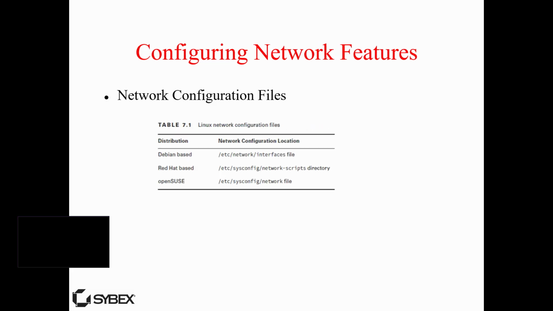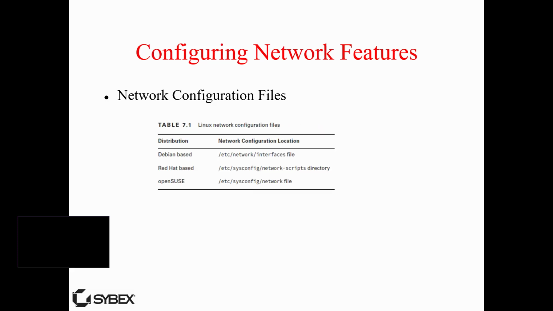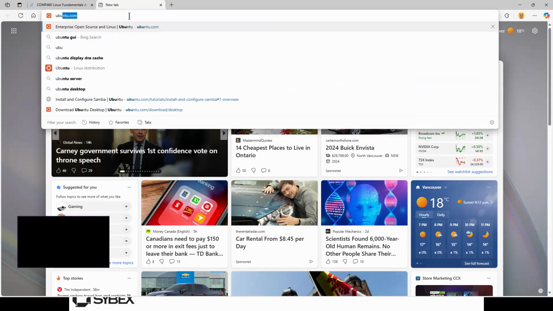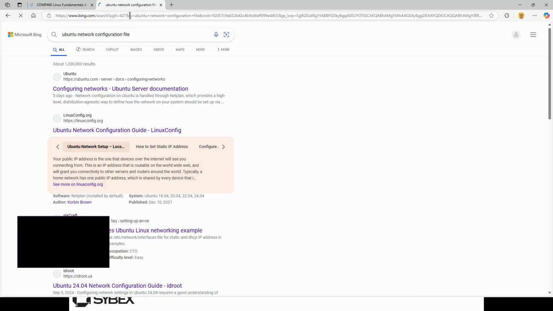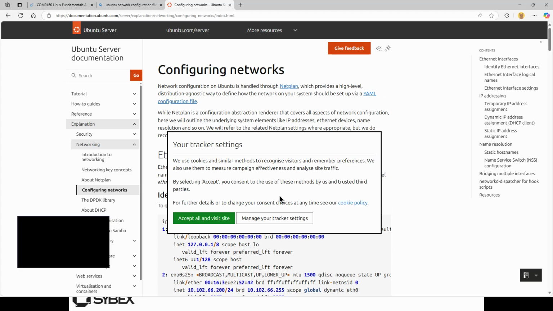For example, Debian is similar to Ubuntu. But today, Ubuntu is using another technology to configure the network. It's called NetPlan. It's not on this slide. So I would use an Ubuntu network configuration file, and it will take me to show you